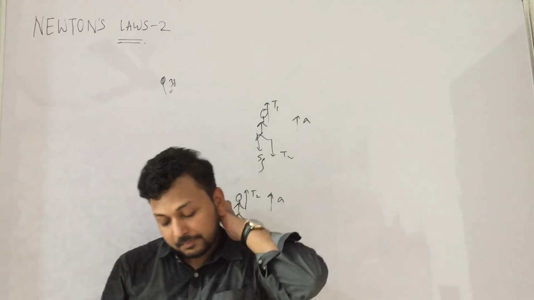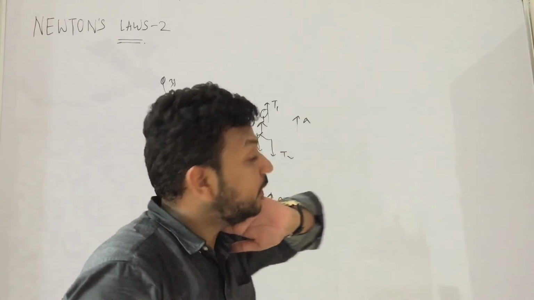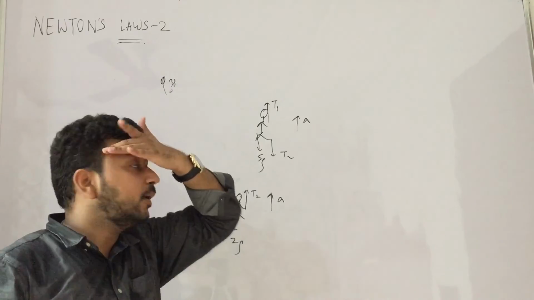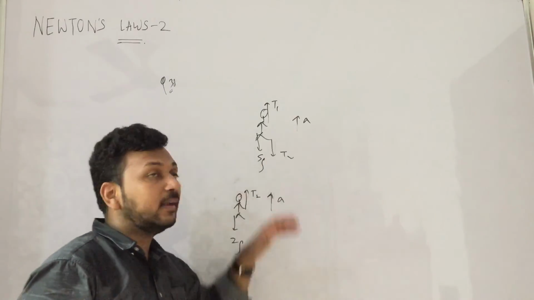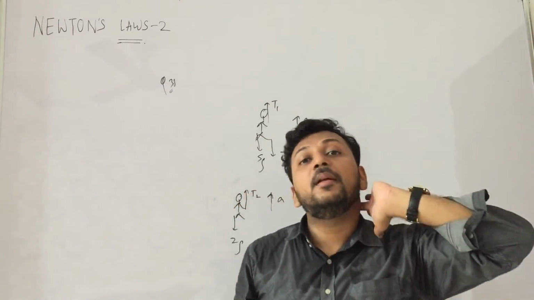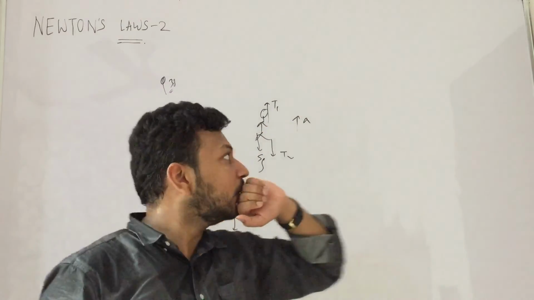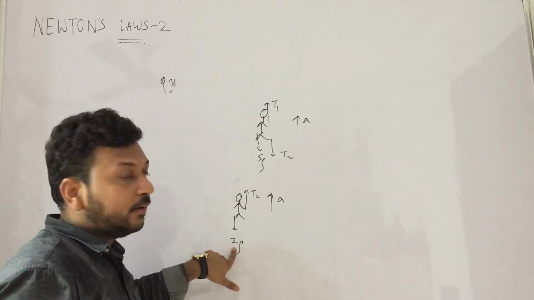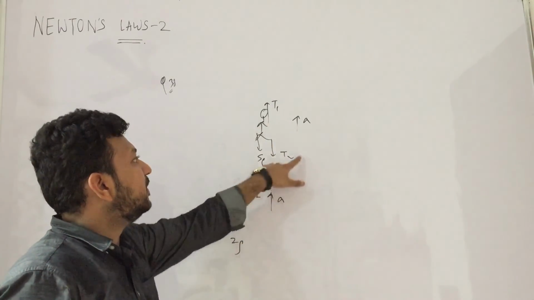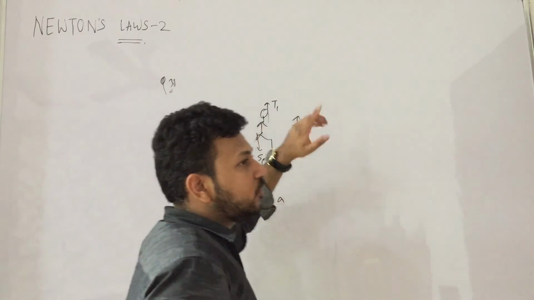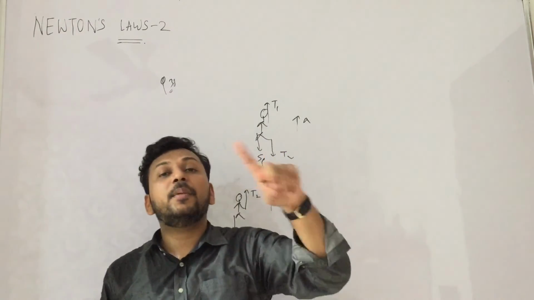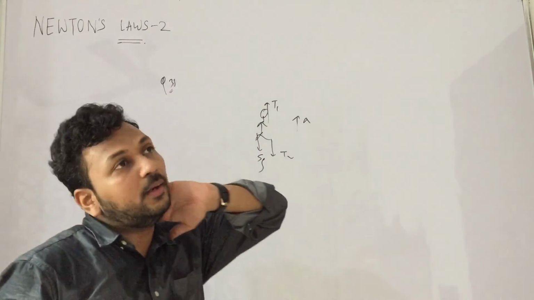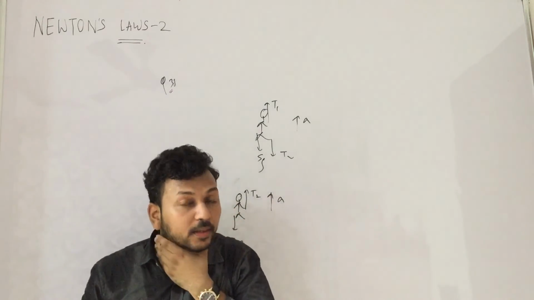Now the minimum tension in the tail will be just 2g, when it is just hanging and nothing is going up. But if it starts going up, the tension will increase, and the maximum tension is 30. So if the minimum tension is 20, then T1 will become 70. This is the lowest tension it can keep and still prevent going down. If the tension in the above string is 70, the monkeys will not go down. But they have to go up.